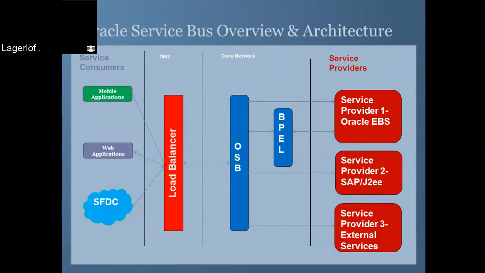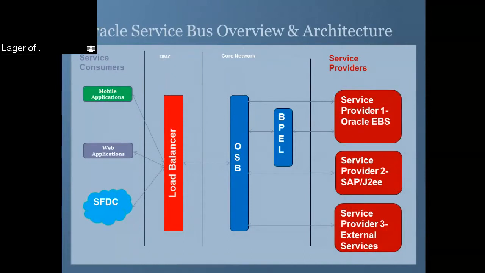So the service providers will provide some kind of a business functionality that you could expose using various protocols using OSB. It could be SOAP or HTTP or JSON-based RESTful services or JMS. So OSB pretty much provides all the functionalities of an enterprise service bus, including validation, enrichment, transformation, and calling your